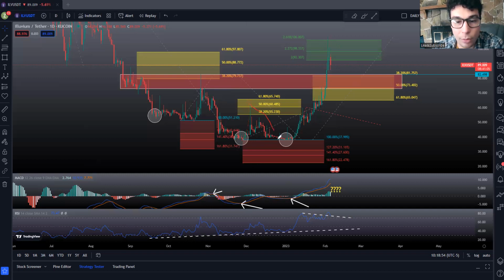And ultimately, we ended up pulling back as we were facing our major resistance levels from the Fibonacci retracements. So it's always a good idea to have some type of risk management and protect your trade if you are in a long position and it's coming up to your major retracement resistance levels. So that way you can, like I said, protect the trade and make sure you don't give back all of